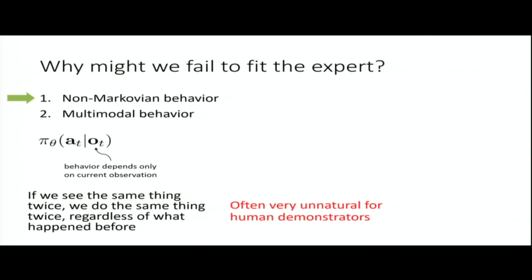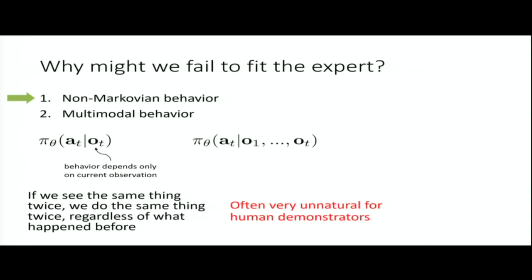Like, if you're driving a car and you have a near miss, maybe you have to swerve out of the way to avoid somebody, maybe you'll be driving a little bit differently for a little while, and maybe it's hard to understand why you did that without understanding what happened in the past. Or if you see a sign that says children at play or something, maybe you'll slow down even when the sign is no longer visible, and it's hard for the system to figure that out if it's just seeing the current image. So there are all these situations that might happen where the past does affect your behavior, whether it's optimal or not.